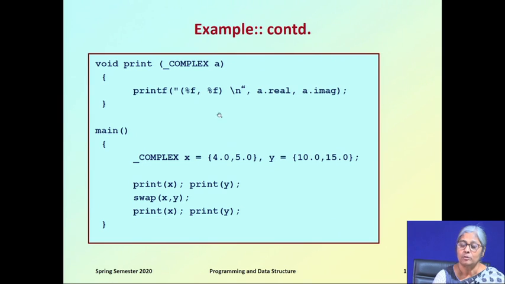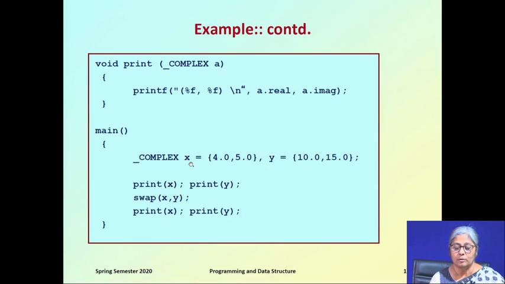Now, we can print complex in this way, because print is a function to print any complex number, and complex A is the argument, which has two parts. So, we printf %f A dot real and A dot imaginary, the normal way we print. Now, in the main program we first define two